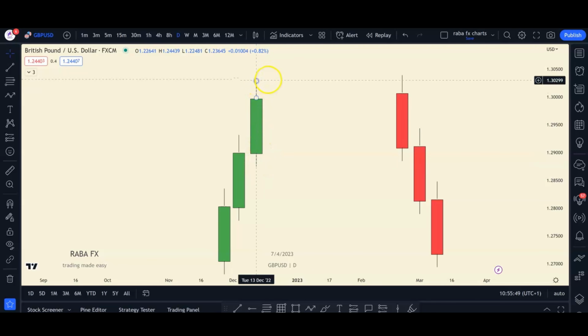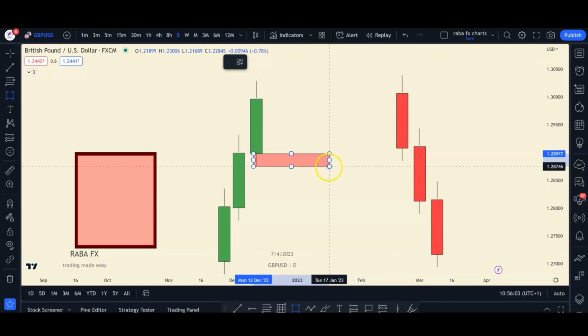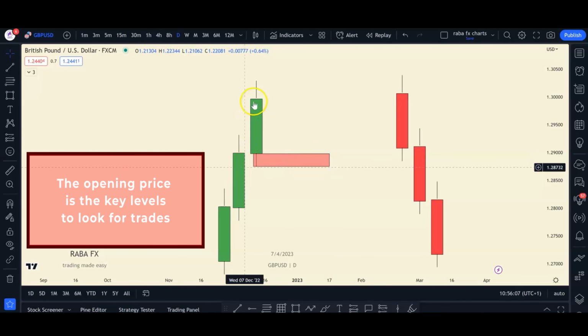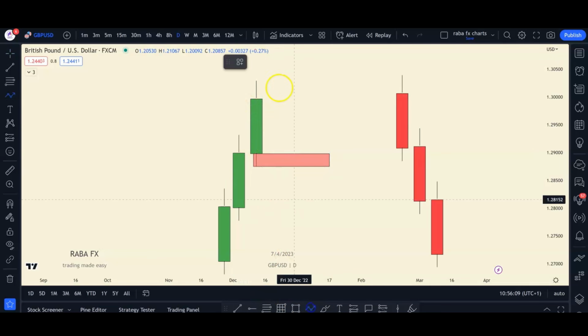moves up to the high. Some people will take profit, and then at the end the market closes at this point here. Now, what is this telling you? This is telling you that the most important area for you to start looking for trades is at the open price. If the market comes down but fails to mitigate this candle and then probably moves higher, this low